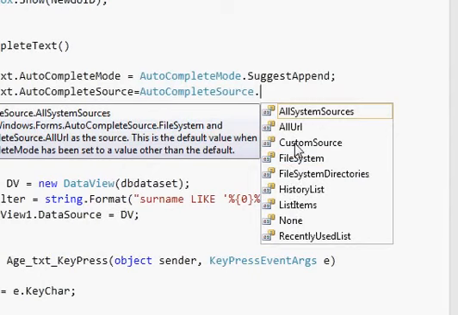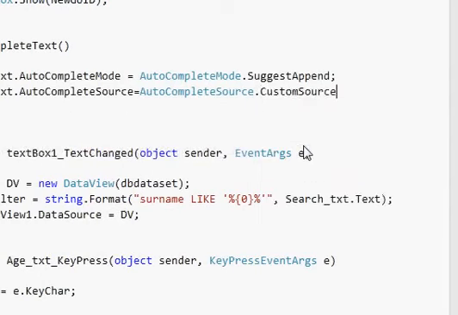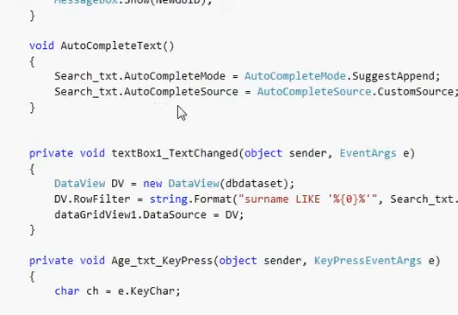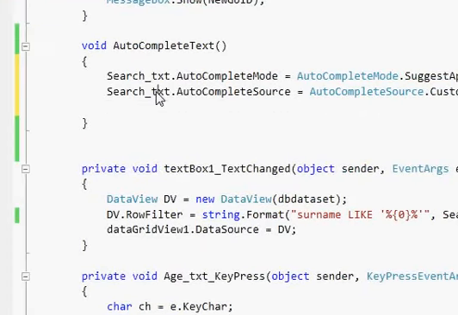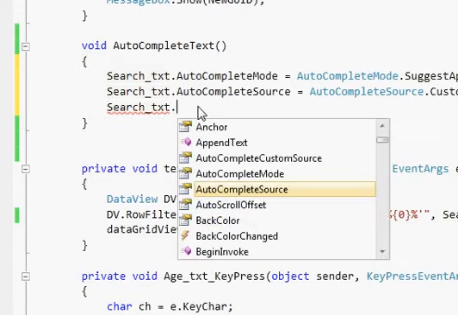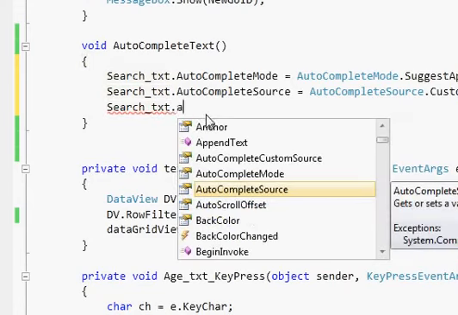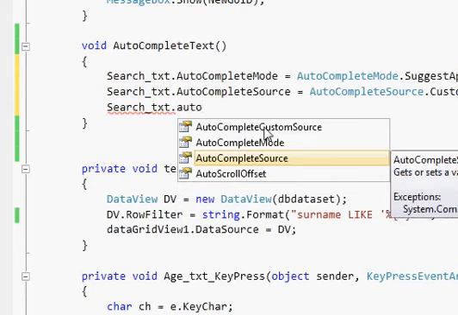We are going to select CustomSource, so just select this CustomSource and complete the statement. And in the third line, just once again select your search box, paste it here, and then write dot AutoCompleteCustomSource. Just select this,